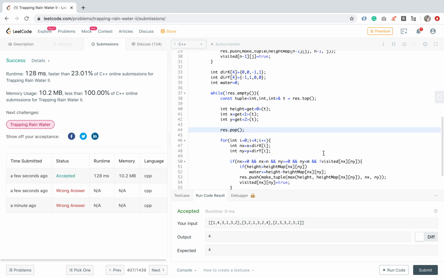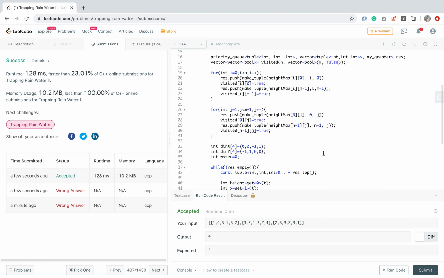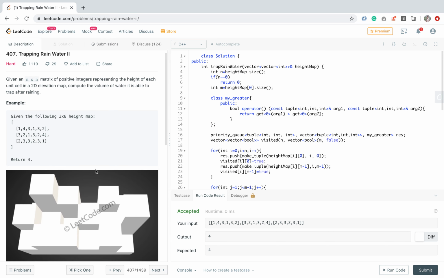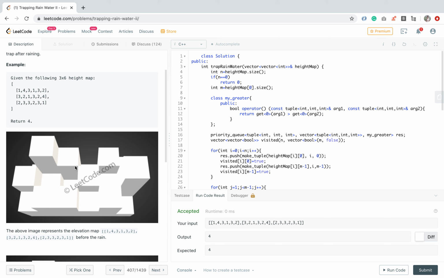Yeah, so it's accepted. So what we have done basically, the problem was that we were given a matrix with heights and we have to get the maximum water that it can hold. So we have just taken a min heap which contains a tuple of three things.